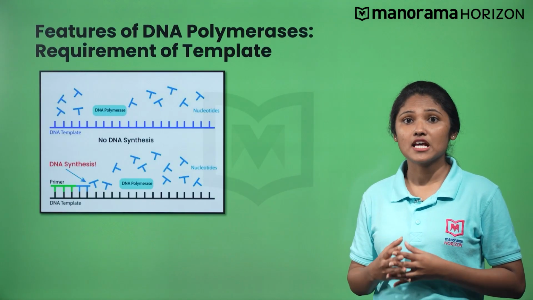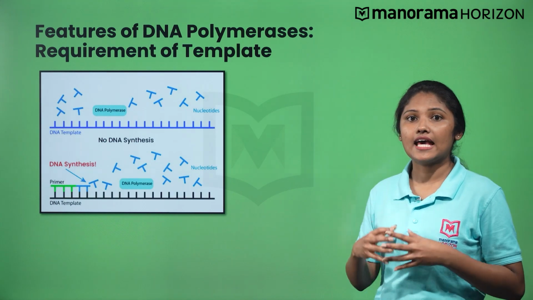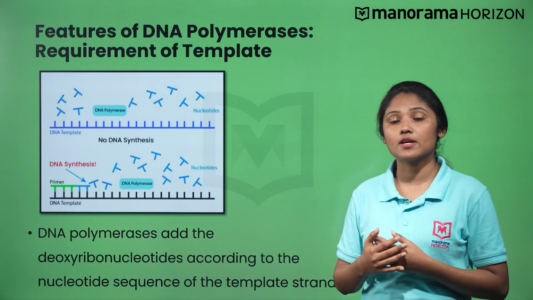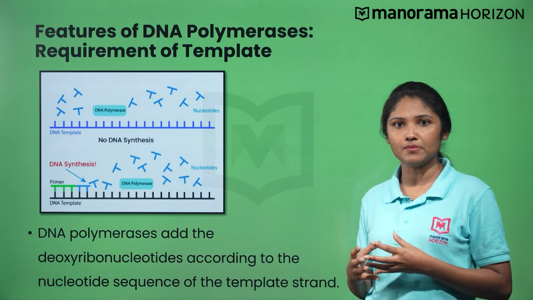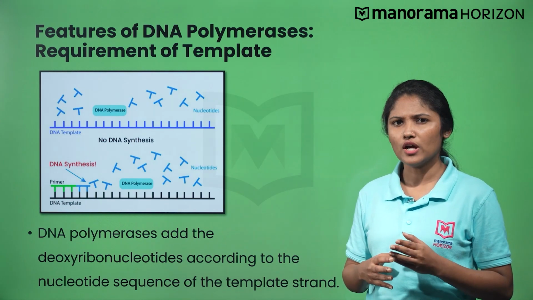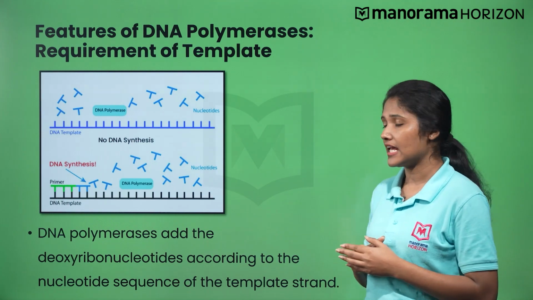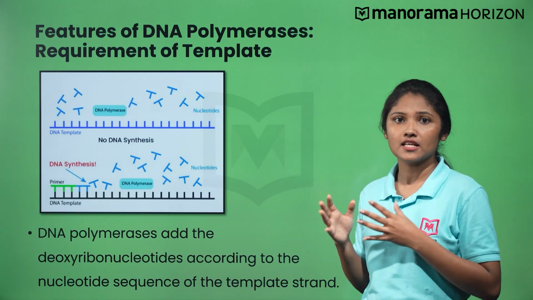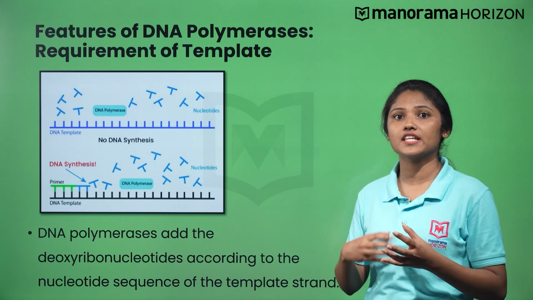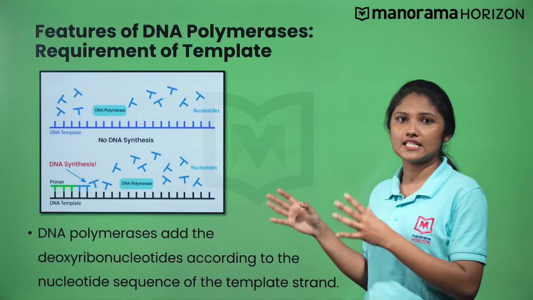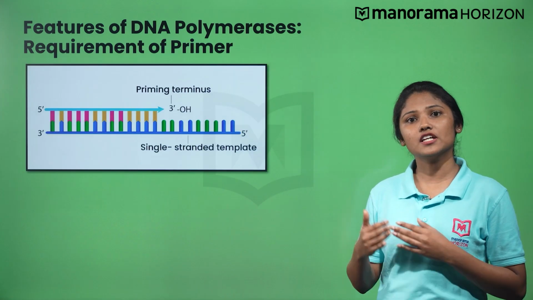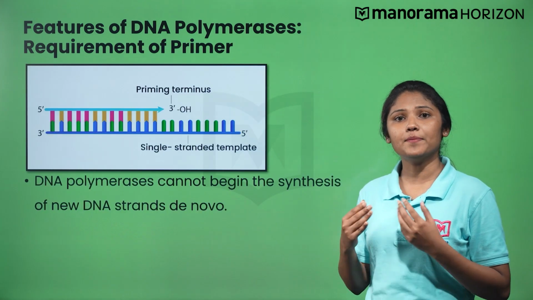These enzymes require a template and add the deoxyribonucleotides according to the nucleotide sequence of the template strand only. So, if the template strand has AAAA, the DNA polymerases would catalyze the formation of the DNA strand with TTTT sequence. Another feature is that DNA polymerases